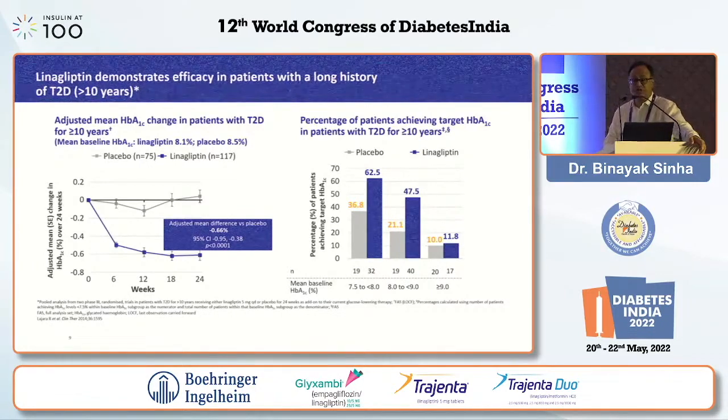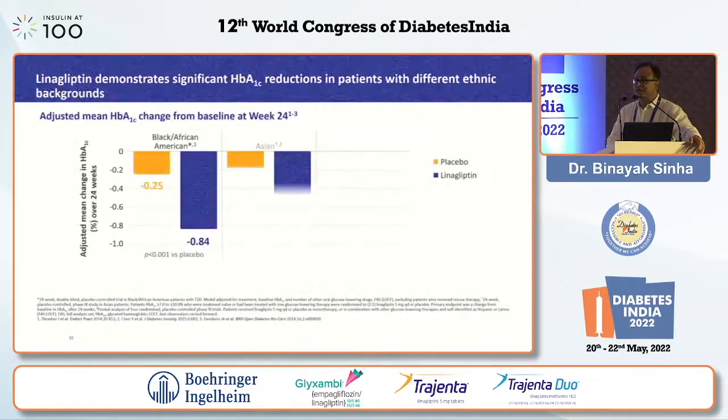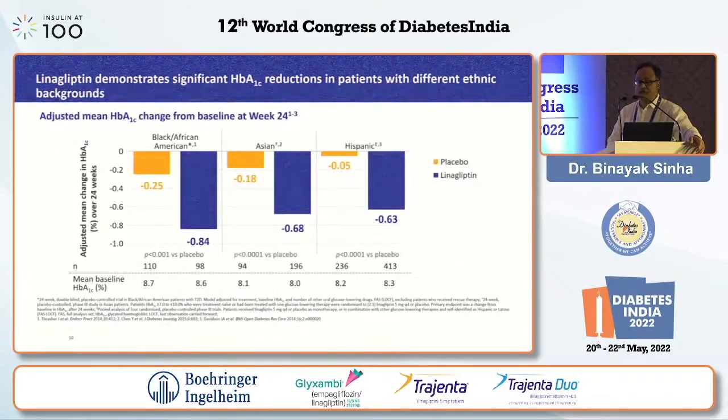In addition to this, we find patients from different ethnic backgrounds, including Asians, Hispanic, Black, African American. The importance of usage of linagliptin remains because it continues to produce a very consistent reduction of HbA1c all across various